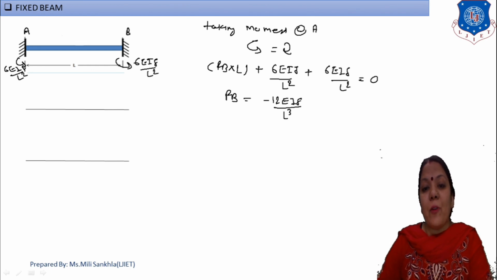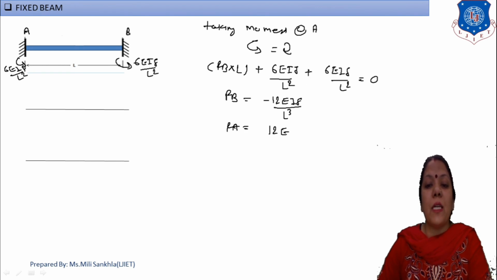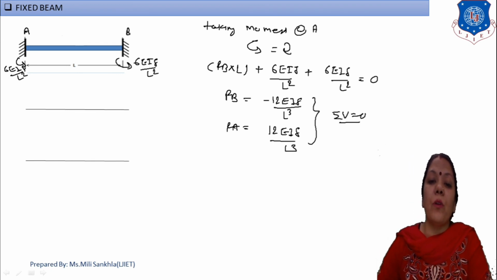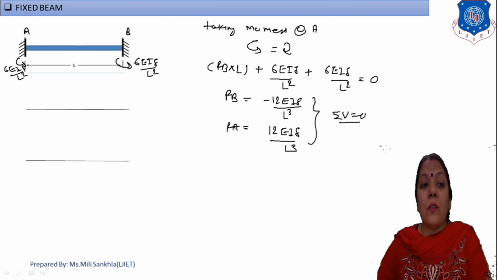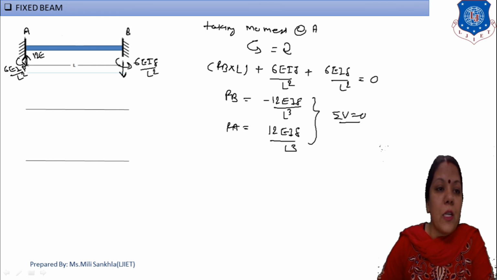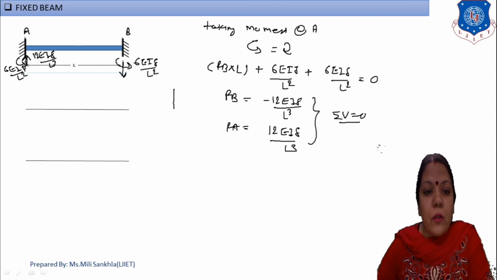Okay, now this RB is negative, that means RA is positive, because here we satisfy our condition, sigma V. To balance our third equilibrium condition, sigma V is equal to 0. If one support is downward, then the second is upward, because here no loading is given. Now simply mention the sign convention. This RB is in down direction, and this RA is in up direction. And one value I mention here: 12EI delta by L cube. Now to plot the diagram one by one, I mention the sign convention because it is a little bit tough.